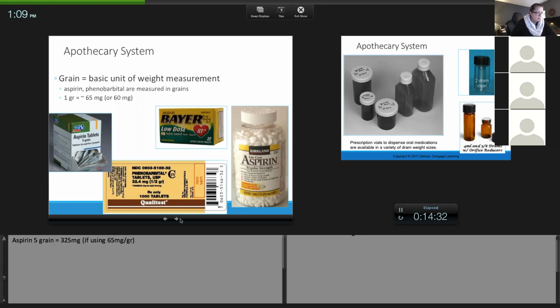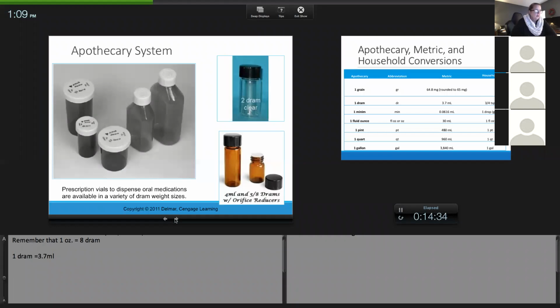Now, when I was talking about dram, a lot of times that's how they measure these dispensing containers. So again, they will give you 1 ounce equals 8 drams. The only time dram comes into play is a lot of times as the technician, you are in charge of